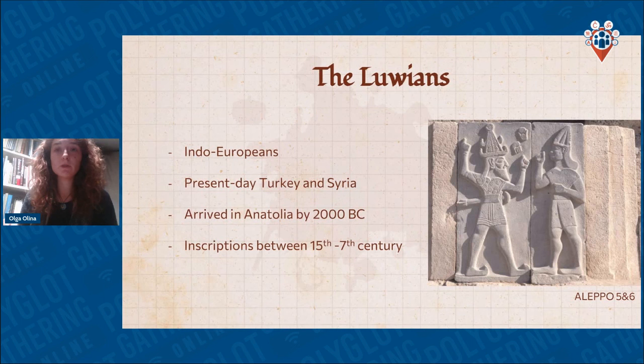So the script was in use for about 8 centuries, and they also left monumental inscriptions with very beautiful artistic scenes like this one, where a god is being displayed on the left. His name we can see here in those, well, actually it's 4 symbols,